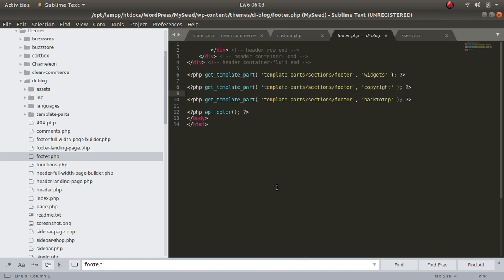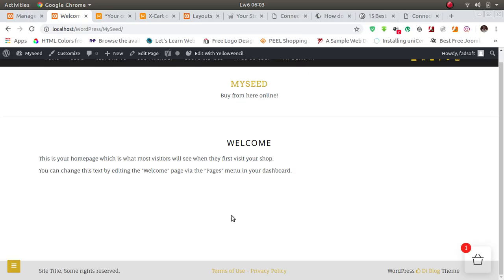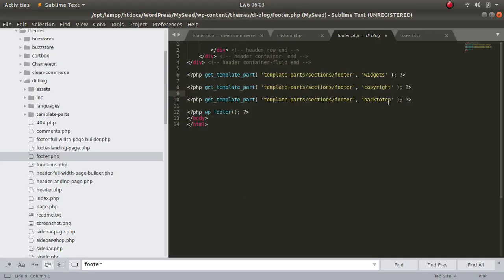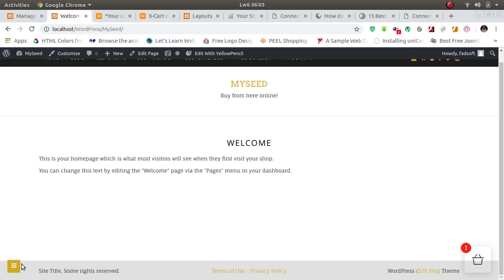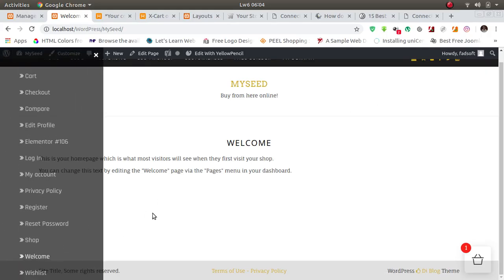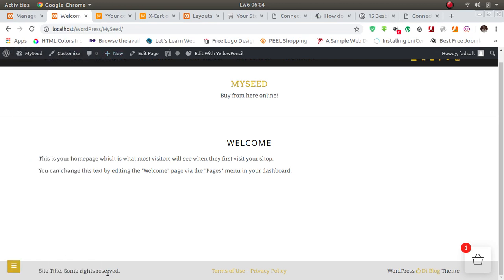So we are not interested in back to top because we need it to display our menu, but we are interested in removing this footer.